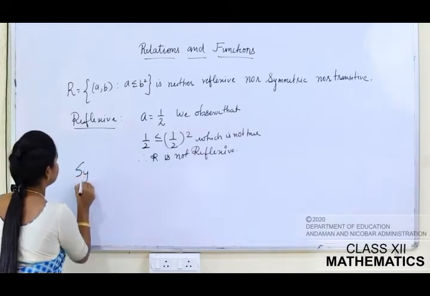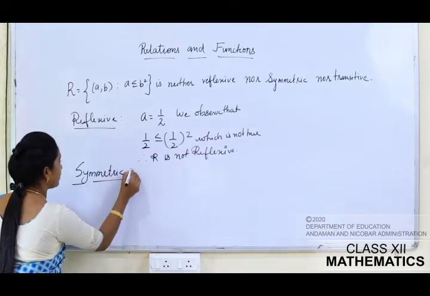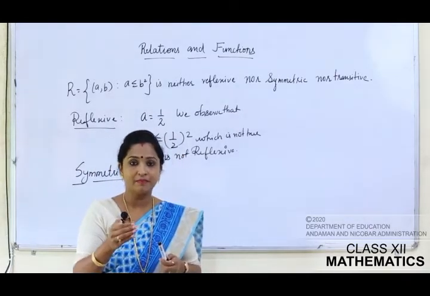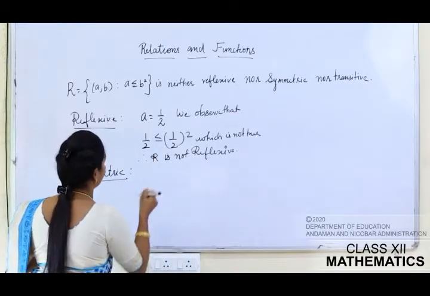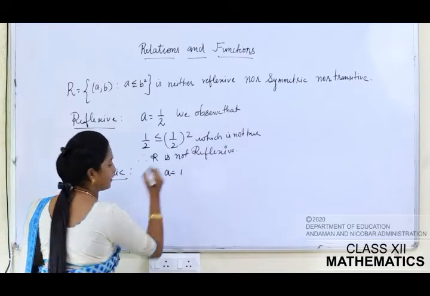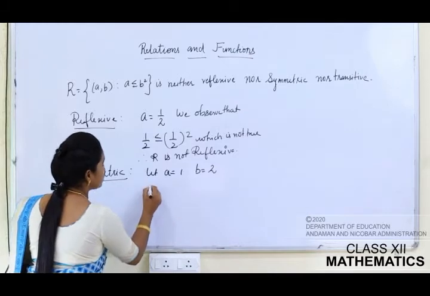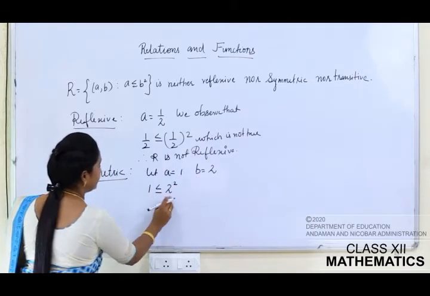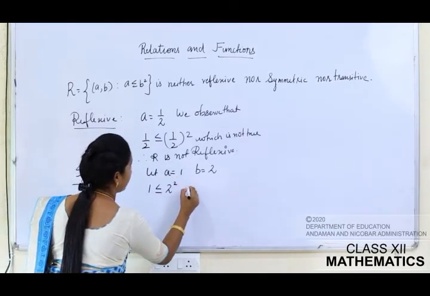Now we will see symmetric relation. Okay. Now symmetric means what? I told you what is the meaning of symmetric. AB related to R implies that BA related to R. Okay. Now when AB related to R, we'll take an example. Let हम ले लेते हैं A is equal to 1. Okay. And we will take B is equal to 2. Okay, so 1 is less than equal to 2 square. The same relation I am applying.